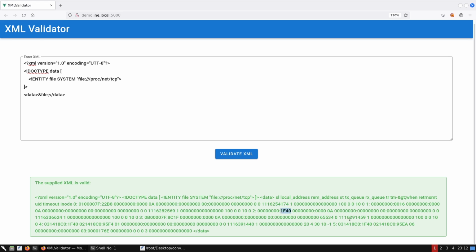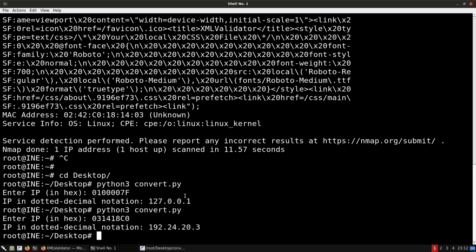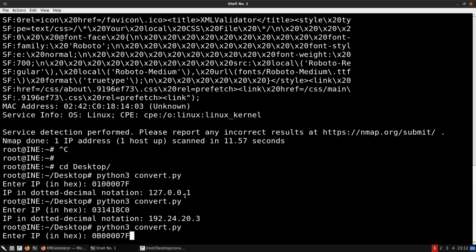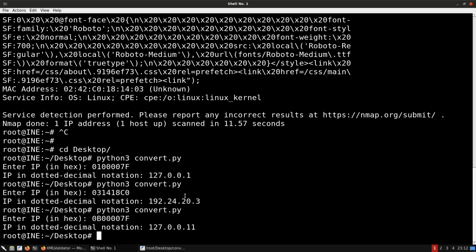I'm just trying to find one specifically here. What about this one? Let's go ahead and try this one out here. All right, so 127.0.0.11. Anyway, this is not really that important. Just wanted to show you how you can, again, take advantage of the XXE vulnerability, how to dump a specific file or the contents of a file, how to make sense of it, because formatting is